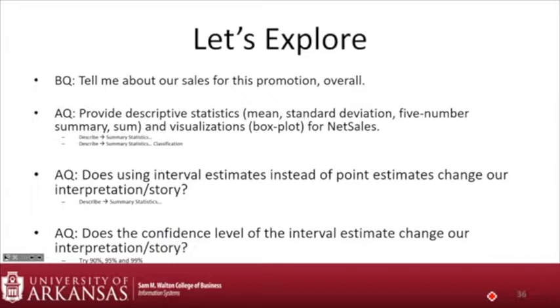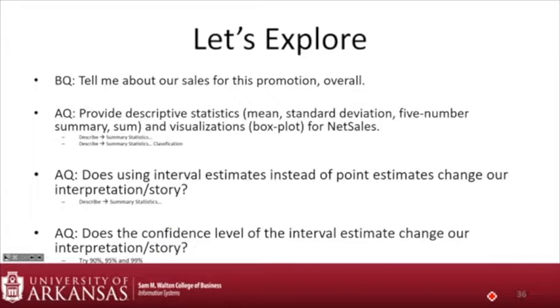But we've been using point estimates so far. We've just been using one number. Right? What was the average amount that we spent during our promotion? Or the average amount that a customer spent during our promotion? We could have looked at what was the average variability in customer spending. We just had one value.